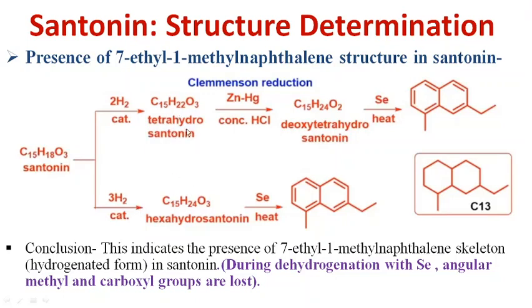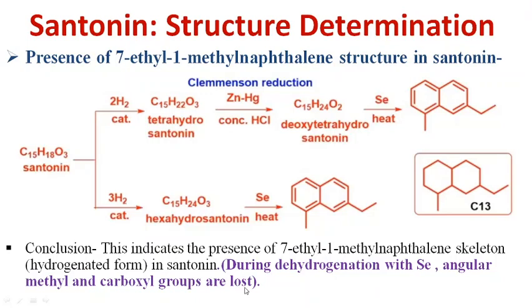Further reduction of this tetrahydrosantonin forms hexahydrosantonin, or we can also do the hydrogenation directly, leading to hexahydrosantonin, which on selenium dehydrogenation yields the same naphthalene structure, as you can see. And the formation of this naphthalene structure corresponds to 13 carbon atoms which are present in Santonin. That's the conclusion you can see here. This indicates the presence of this skeleton in Santonin, and the presence of this skeleton forms those 13 carbon atoms